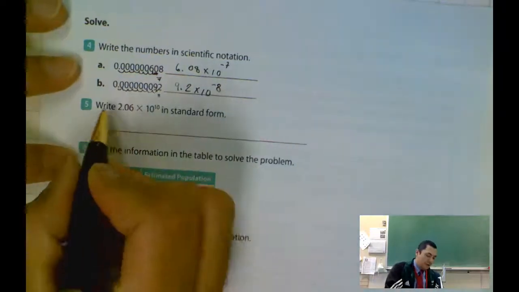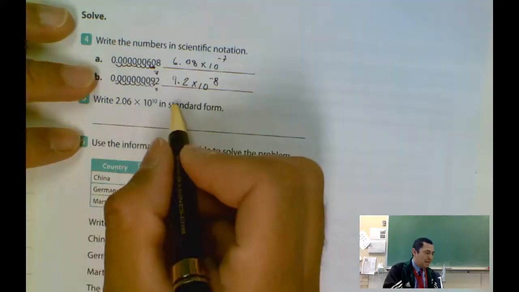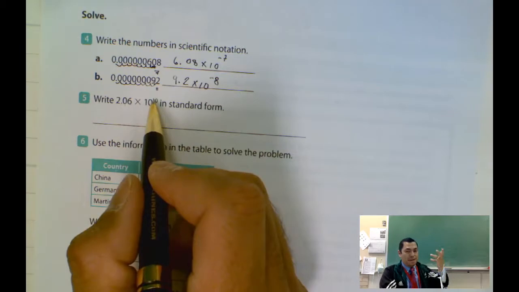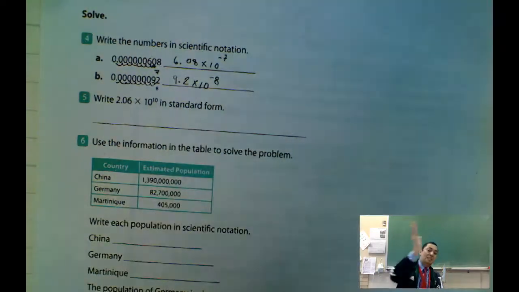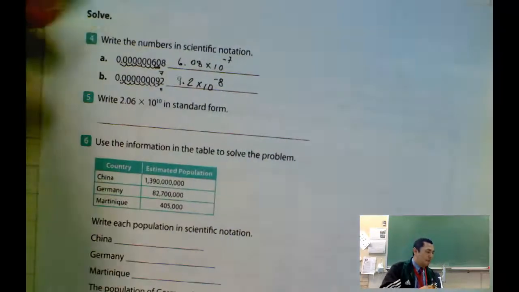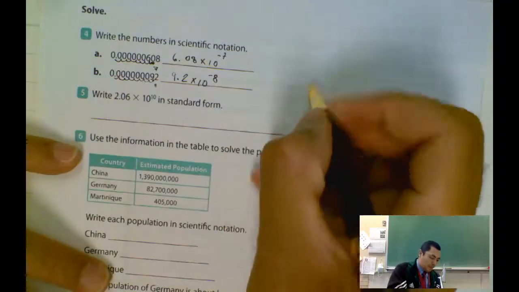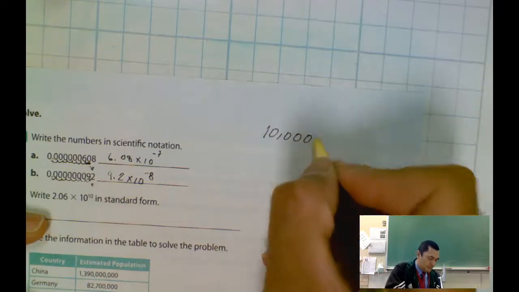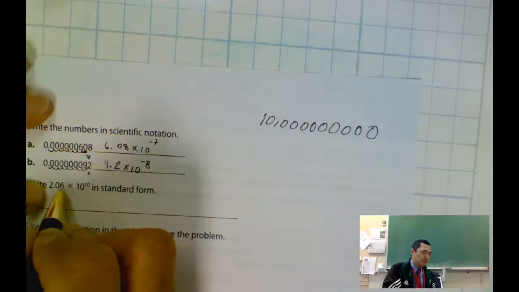Now they're asking me to write 2.06 times 10 to the 10 in standard form. If you have 10 to the 10, it is 10 billion. 10 billion means you have 9 zeros and then 1. So in this case, here you have 10, 1, 2, 3, 4, 5, 6, 7, 8, 9. Then you multiply 2.06,